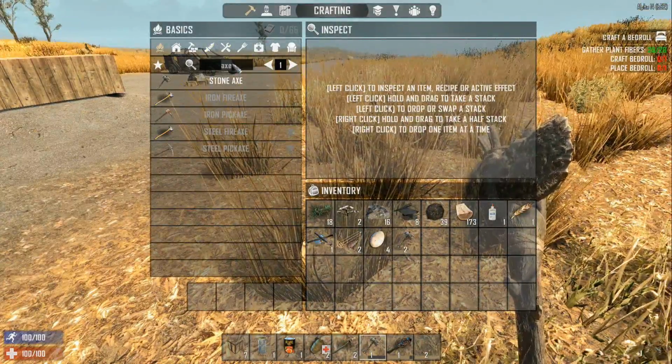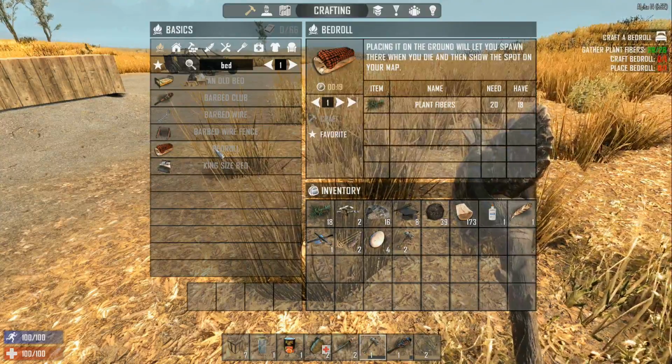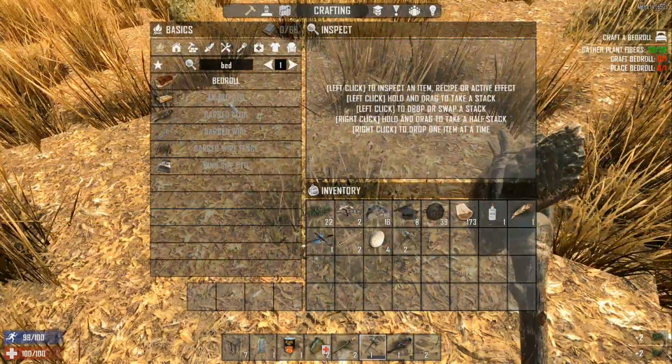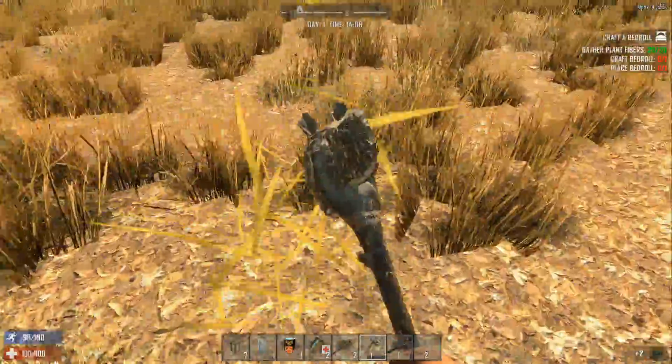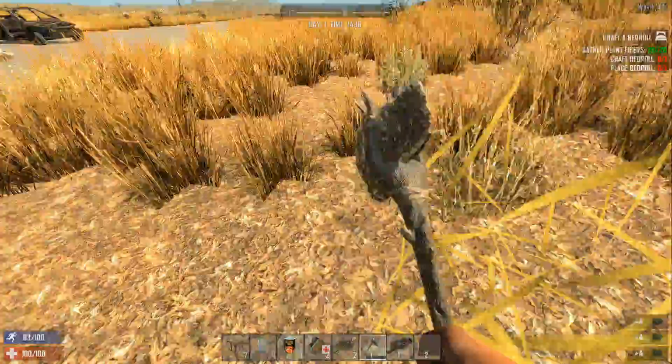Let's make the bedroll. So I really like this little questing system. We need one more. Are you serious? Why does it think I have enough on it? Oh, because I made an axe. Craft. Let that craft while we grab some more plant fibers here, because we're going to need them. We got some stones already, so...